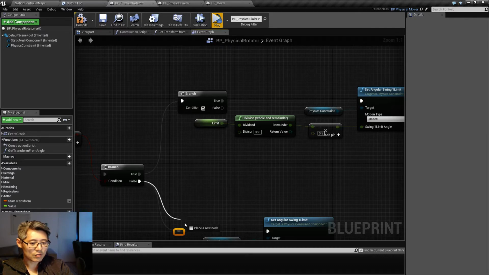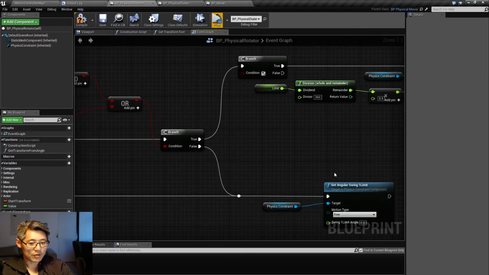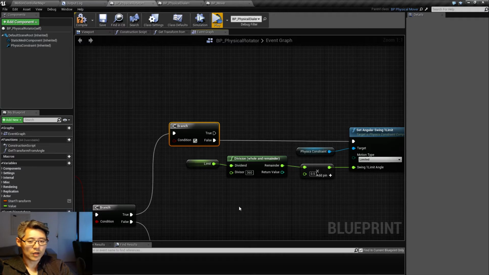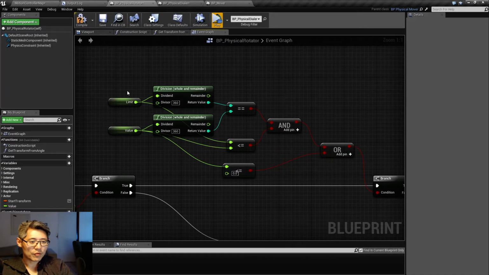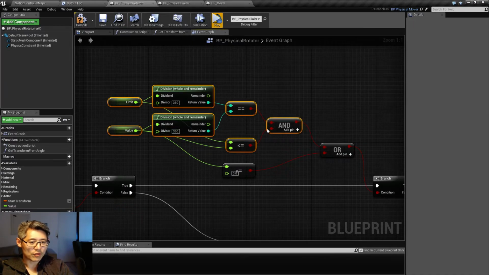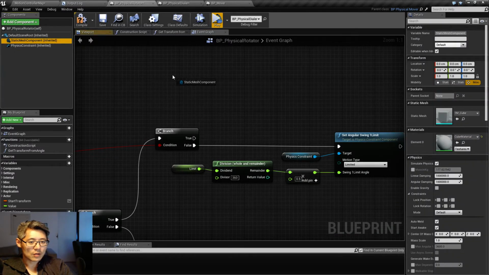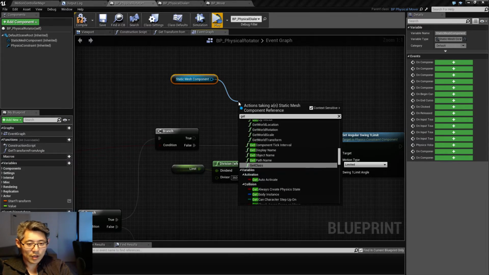It does not, for some reason, work for the minimum the same way. I tried to see if I could get it to behave the same way, but I couldn't make it behave as I wanted it to. So we're going to say if this is the last round, so basically at the top of the conditions here, we're going to set the static mesh component, drag that out, and hard set the angle, so set world